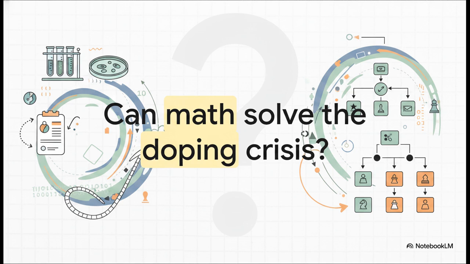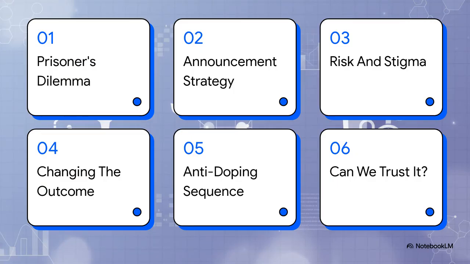The central puzzle we're unraveling today is whether academic modeling could theoretically just eliminate doping in sports. Usually we think of anti-doping as this endless cat-and-mouse game of biological testing. We're talking urine samples, blood passports, the whole shebang. But what if the actual solution lies in the strategic choices athletes make before the competition even begins? What if we could actually change the rules of the game itself so that cheating is literally no longer the logical choice?